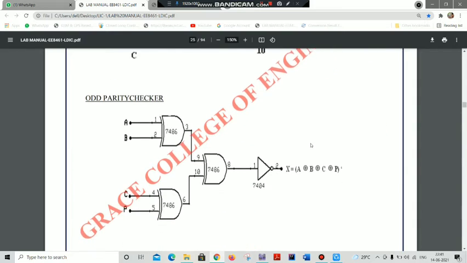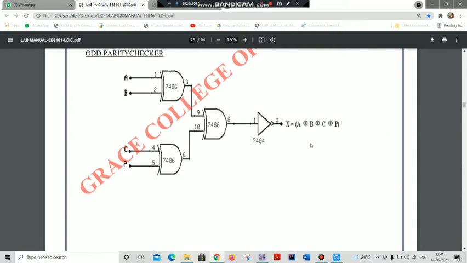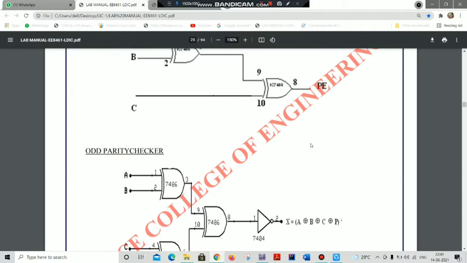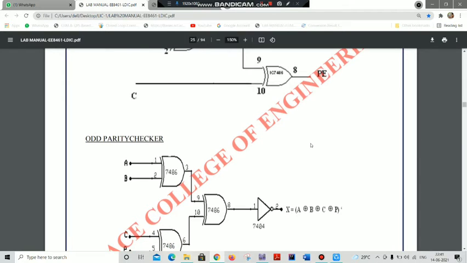On the receiver side, in this circuit we are having a 4 input bit for your odd parity checker. So a similar table will be used for this checker.